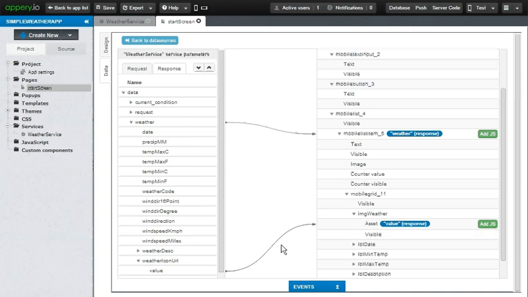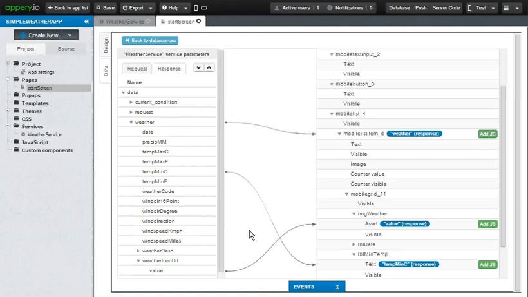So under the overall node of weather and the mobile list item mapping, we will map all the remaining elements. For example, we want the minimum temperature in Celsius mapped to the LBL min temp. So I'll drag the min temperature min C onto the LBL min temp.